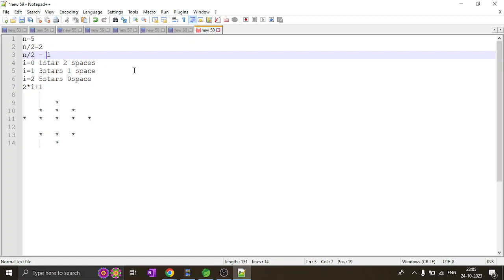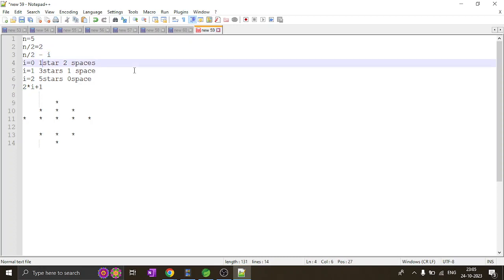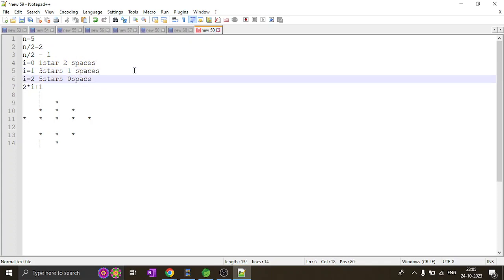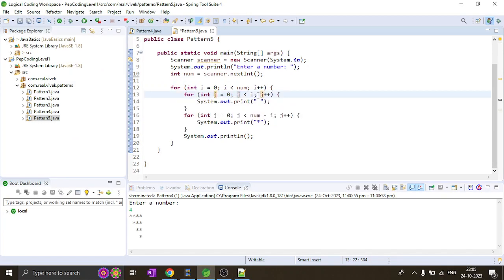So 2 minus 0 is 2. So we'll print 2 spaces first. 2 minus 1 is 1. So we'll print one space for the second and so on. First we'll write the logic for printing the spaces, right? J is less than